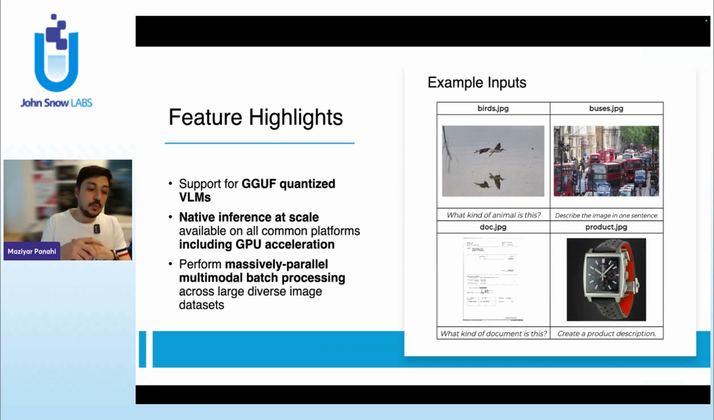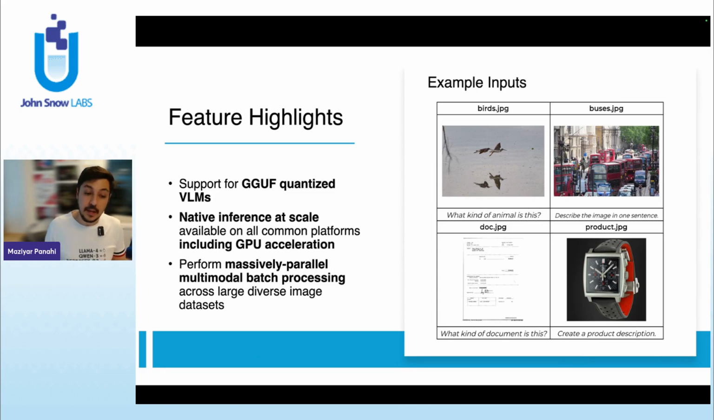Let me show you something here. Support for GGUF quantized VLMs, of course. So you can see you have objects, you have animals, you have crowds, you also have documents. Some of the VLM models support something like OCR. They know how to read the documents and output a structure in JSON or Markdown or simple text, up to you. Now, this native inference at scale is available on all common platforms, obviously, including GPU acceleration. Now, we're focusing on CPU, but don't forget we do have GPU support,